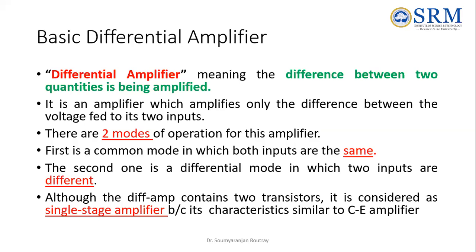Similarly, B is another quantity, and the same noise X is also added to B. When you subtract A minus B, then that X will be eliminated. That is the beauty of this differential amplifier. The unwanted elements or noise will be eliminated by the subtraction, and then we will get A minus B, which is our desired signal. In this special type of design we can eliminate that noise.